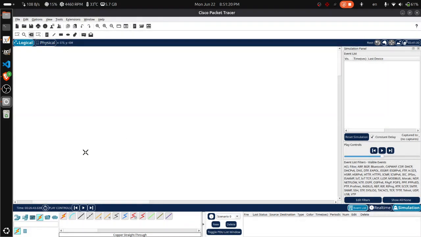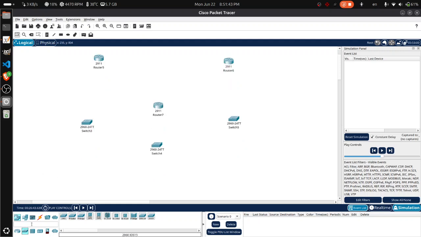Okay, so we have to choose 3 routers. What are we choosing? 2911. Why? Because it has 3 ports. Then we have to choose 3 switches. What are we choosing? 2960. Then we have to choose end devices, which is something like that: PC,